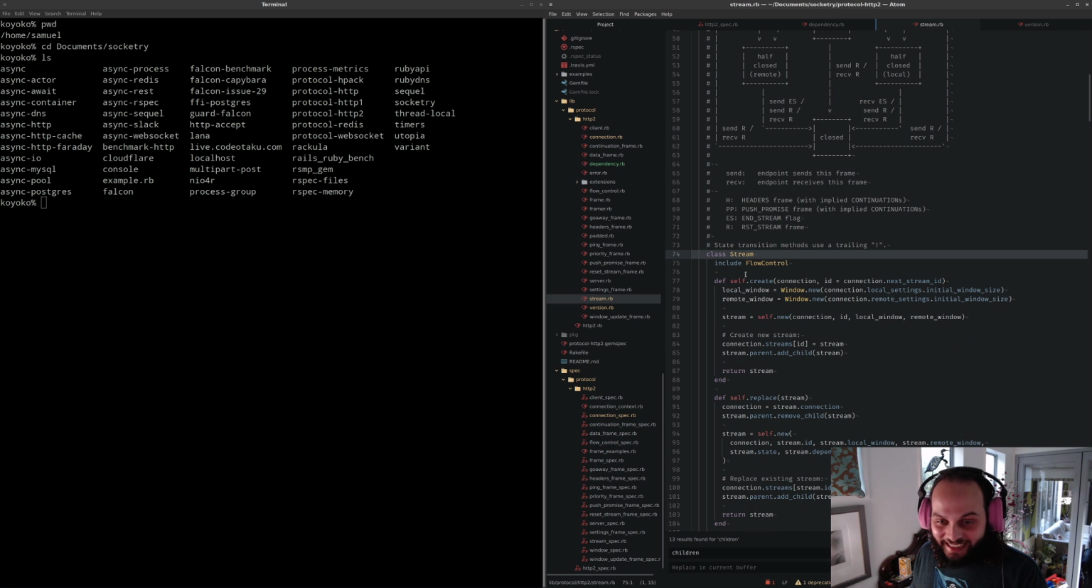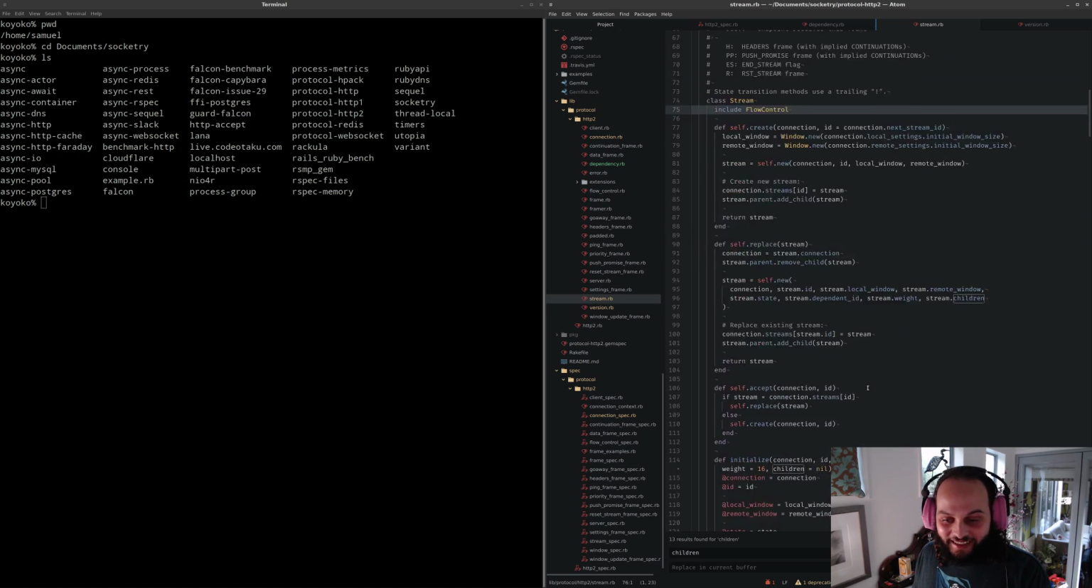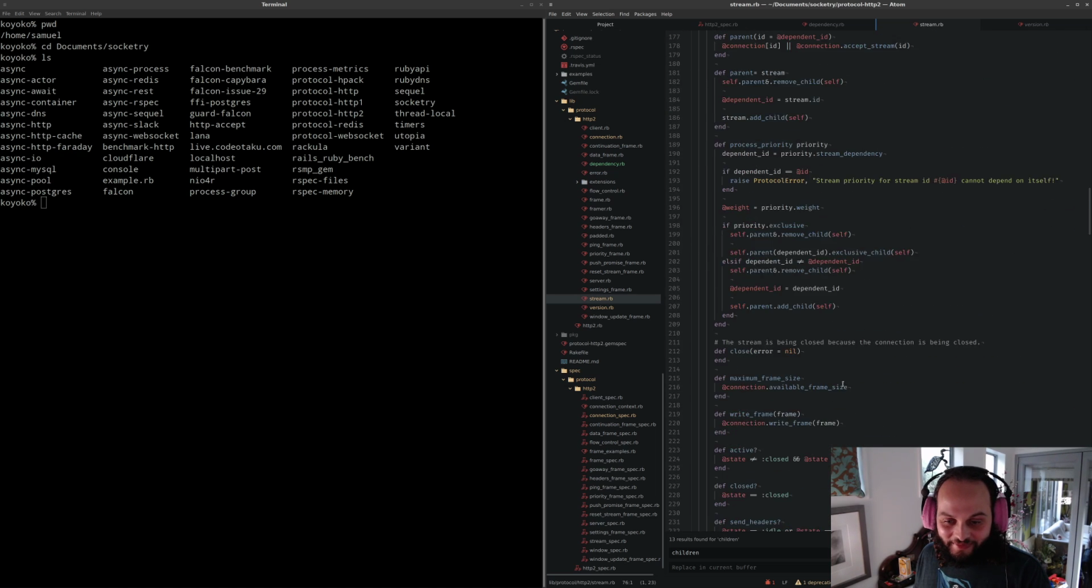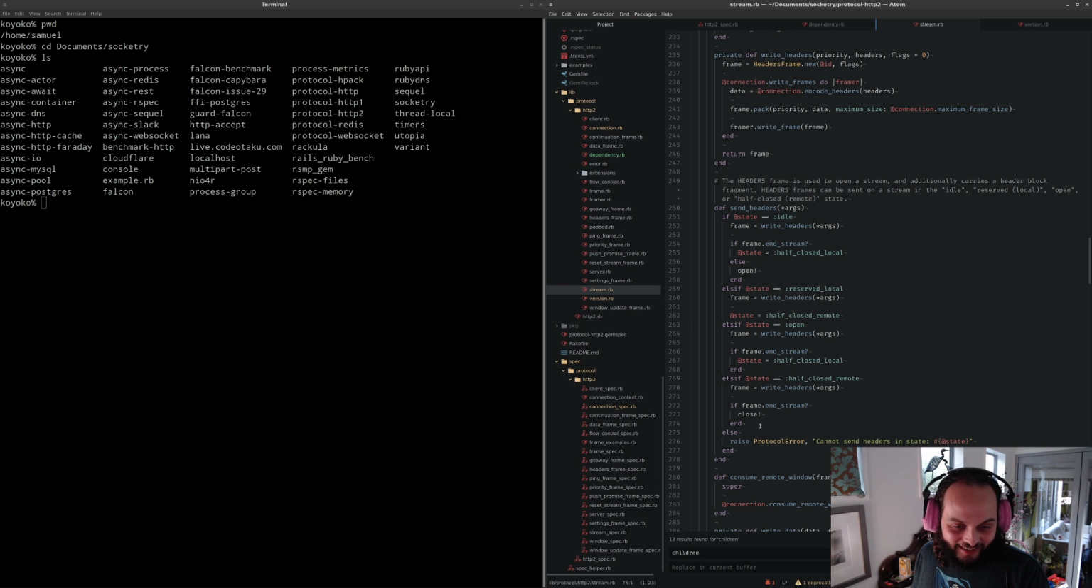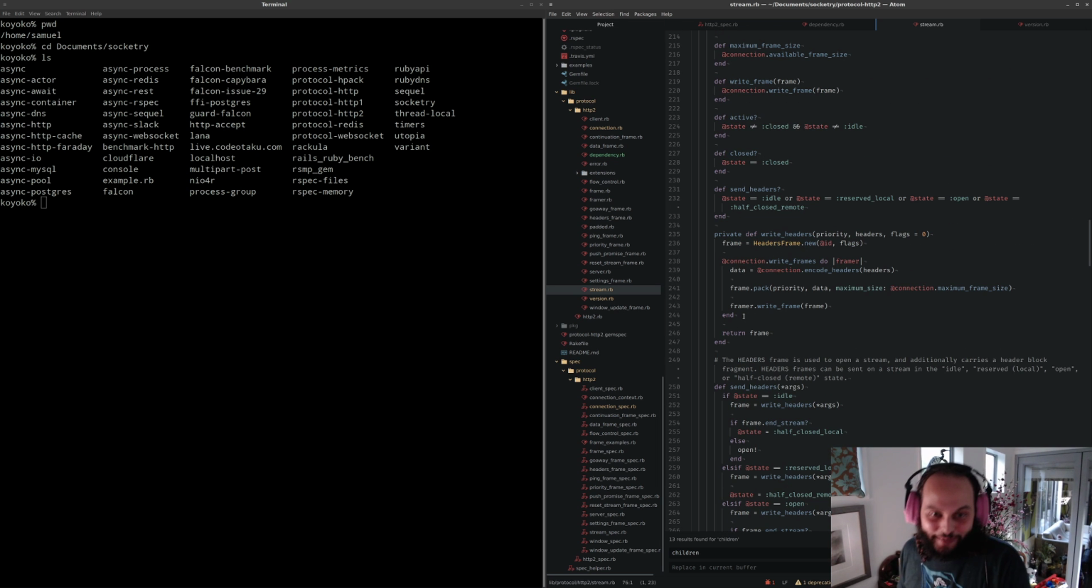I have this class called stream, and I don't know if I was thinking ahead, but it includes this module called flow control, which basically implements all the flow control logic. Now, I don't know how hard it's going to be to split this apart. This code is pretty nuanced, and I don't think this is going to be that fun or exciting, but it will be good because